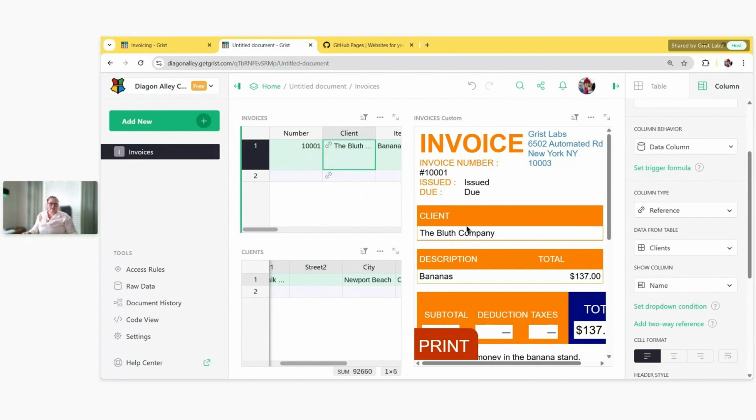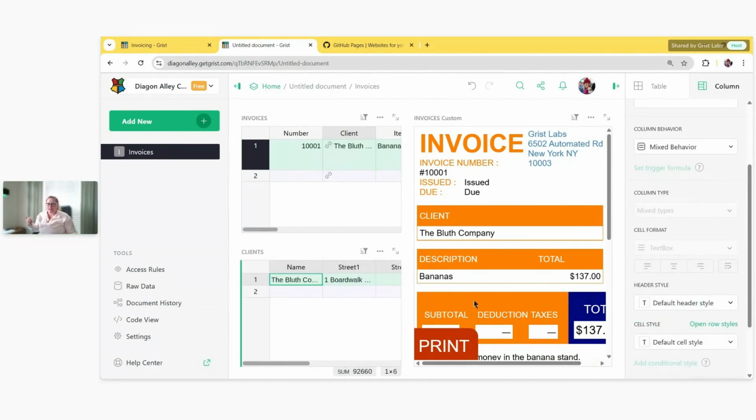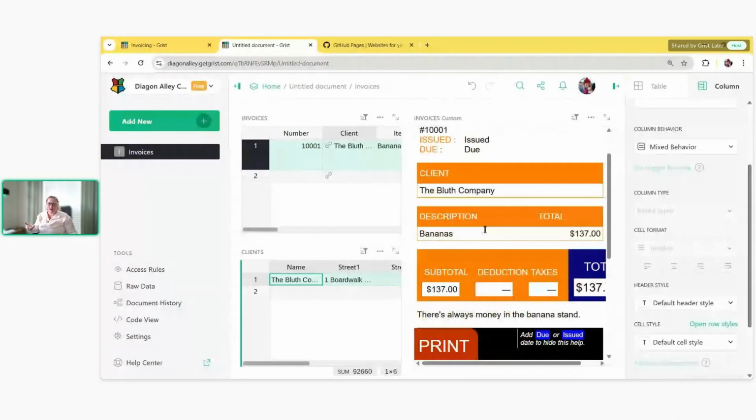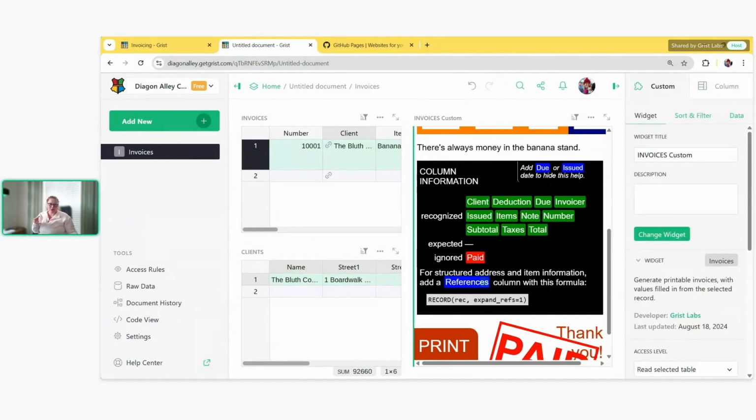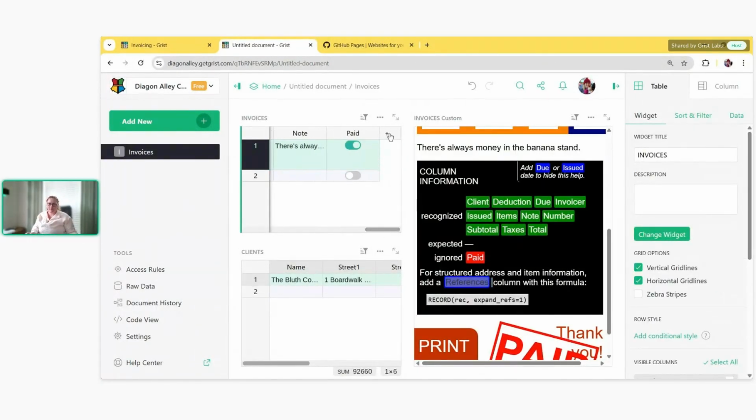Now it's just showing the client name because that's what's in this field, but we want to be able to pull the rest of this data here into my client field. To do so, we actually need to add a formula column named references with this formula down here. And it's telling us to do that. For structured address and item information, add this column with this formula. So we're going to add that. I'm just going to copy it, add a new column here,